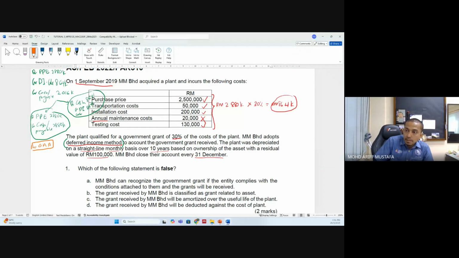If it is write-off against asset method, it is easier because you just need two journal entries, debit, credit, done. Debit PPE, credit cash or payable, how much you need to pay. Just the full cost of PPE, 2,880,000 less the grant amount, 864,000. That's it. No need to do deferred income, no need to record anywhere. Just need to do it like that only. Right? So if you minus 864,000, you are going to get